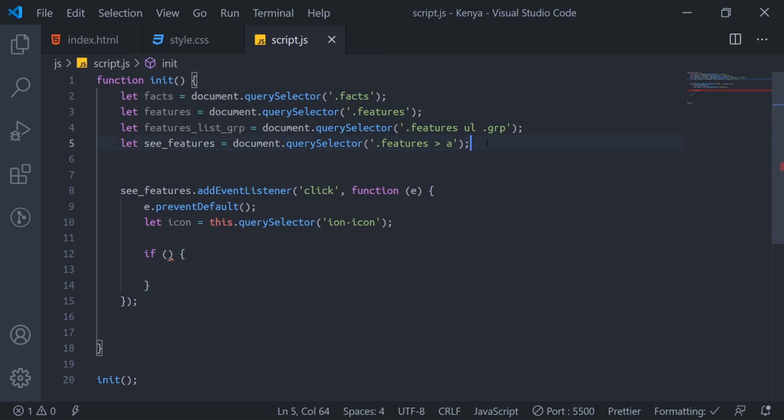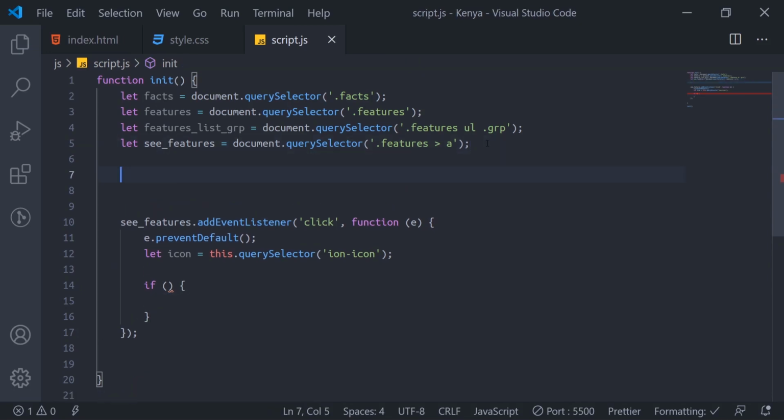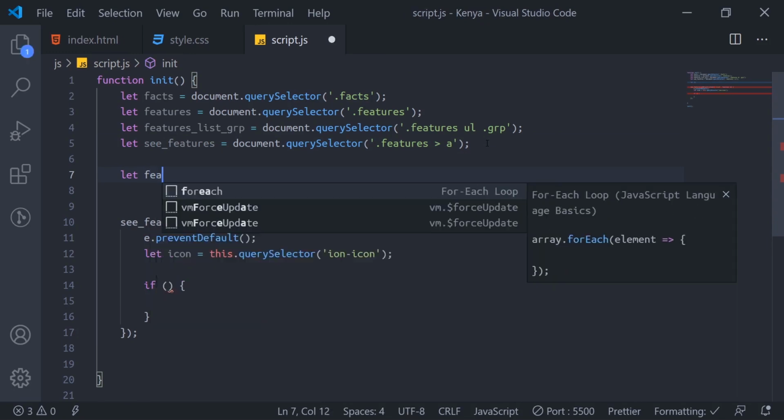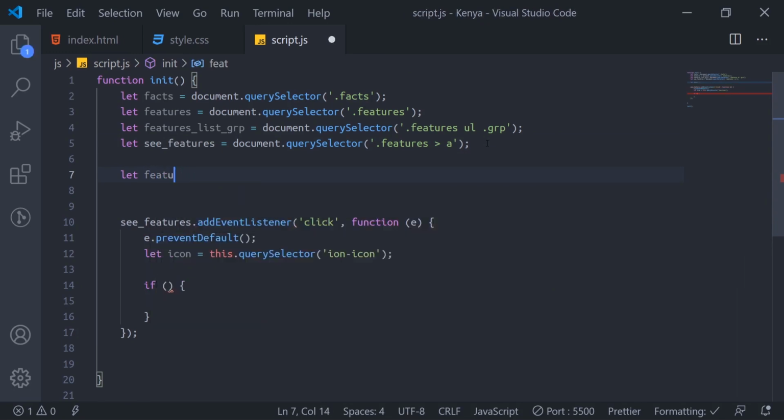So if we come to this place now, then we'll create a new variable. We'll say let featureExpanded equals 0.